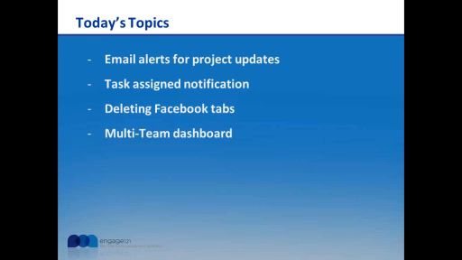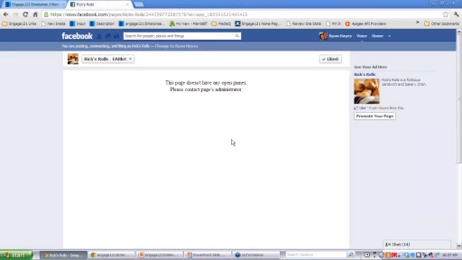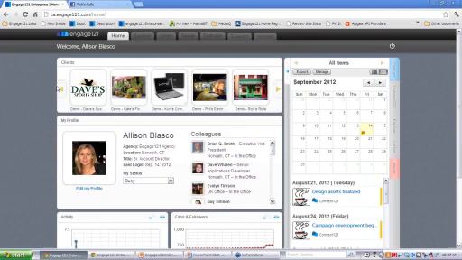Then the last thing I'd like to go over is a new use for a dashboard view that we previously reserved for agency accounts. What we've been doing, for some recent clients that have particular team organizations. So if you're familiar already with how our team structure works, the way we define a team is we put